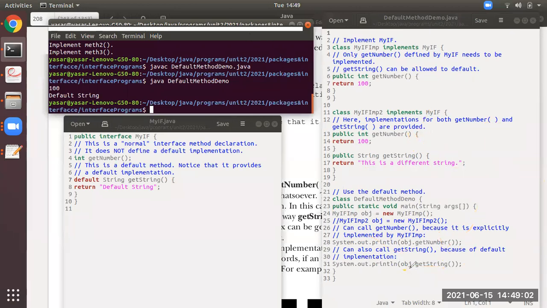Correction. obj.getString, no? See here, obj.getString. You can observe here that in this class there is no getString, but as this class myif imp is implementing myif, this particular getString will be checked whether it is a default method in this